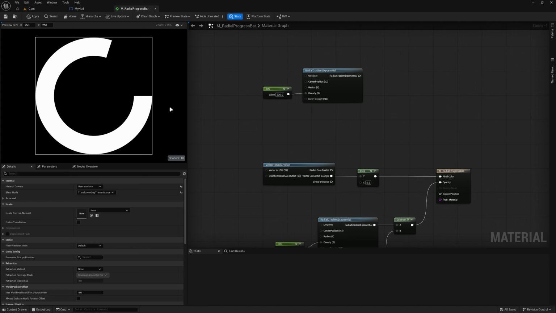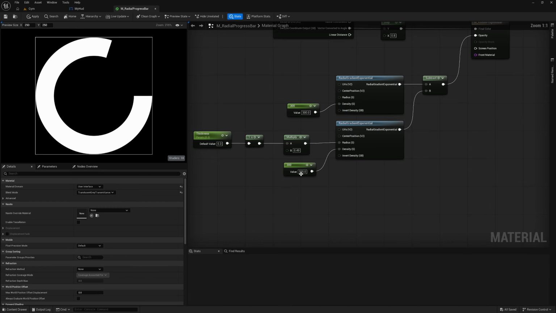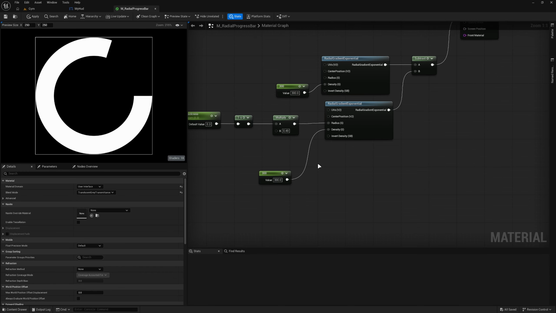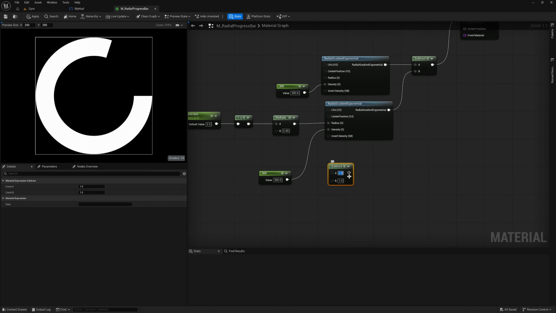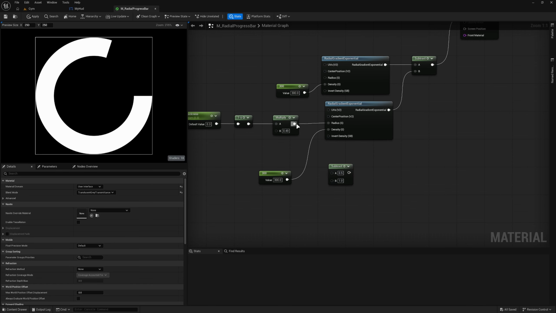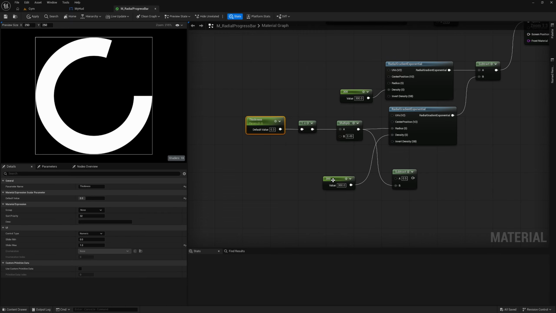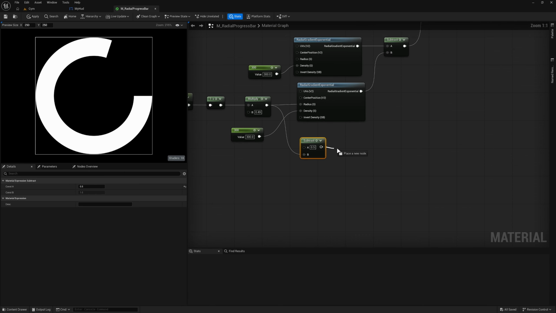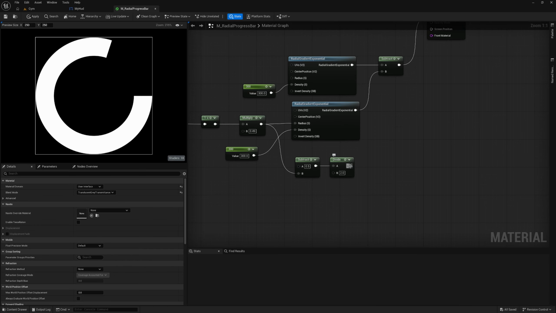And this time we want the radius to be half of the thickness of our bar. So to do that, let's first get the diameter, which is just the outer circle minus the inner circle. And that's the length of the diameter of the bar. So this one I'm always going to leave as 0.5, so it always reaches the edge of the texture. So I'm just going to hard code that in. So we'll get a subtract node, and we'll do 0.5 minus whatever the radius is from our current thickness. And this is the diameter of the thickness right here. This is the length of that, but we want a radius for a circle, so we need to divide it by 2. So we'll do a divide node, divide by 2,